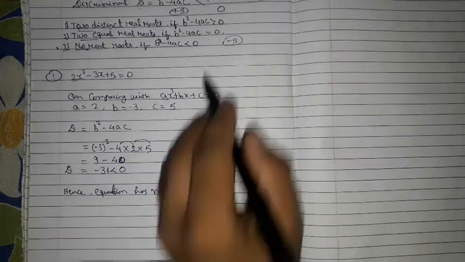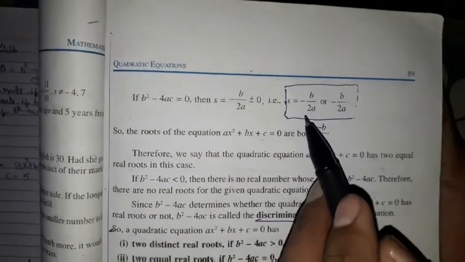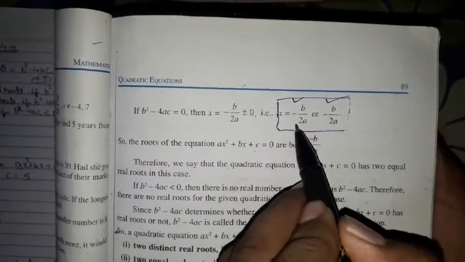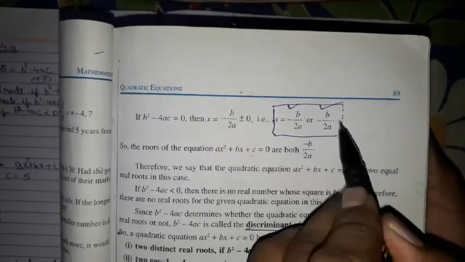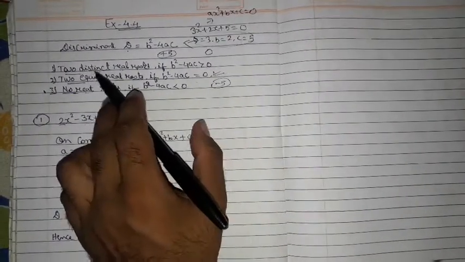If we get the value equal to 0, okay, if we get the value equal to 0, so in this case we have to find the value of x, and we'll find the two roots by putting the values of a and b here. Okay, so the first value would be minus b upon 2a, and the second also minus b upon 2a. So we have to put the values of a and b in case we find b square minus 4ac is equal to 0. Okay, if the value comes 0, then here we again have to put the values and solve. Is it clear? If we find that case, which one, the first case, two distinct real roots.